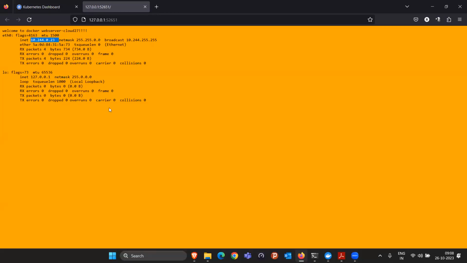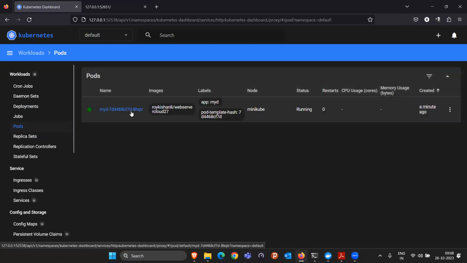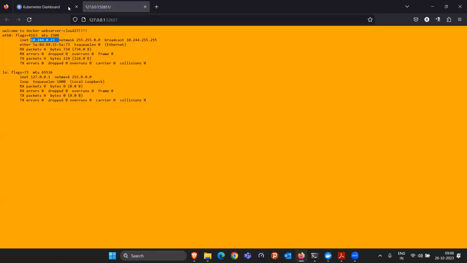So this is the thing that we did yesterday. Now the thing is, currently only one pod is running, right? So every time you refresh this page, you are connecting to the same website, that is 0.23 only. Why? Because only one pod, or only one machine, is handling the entire traffic of this particular website,